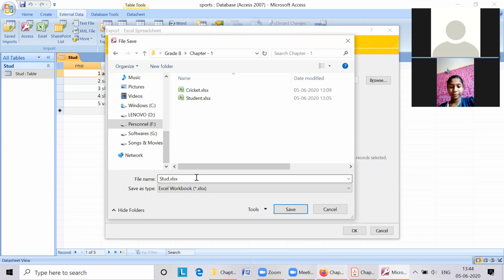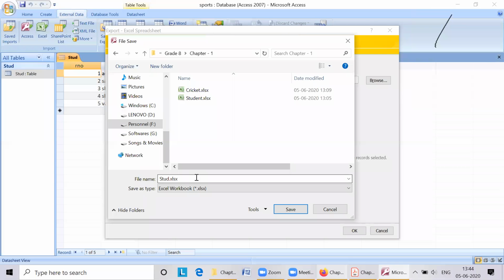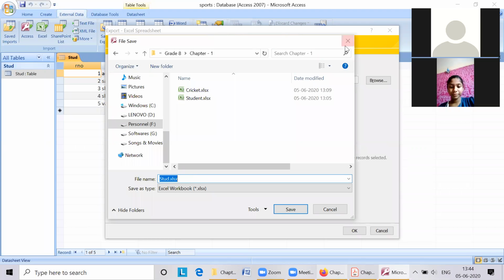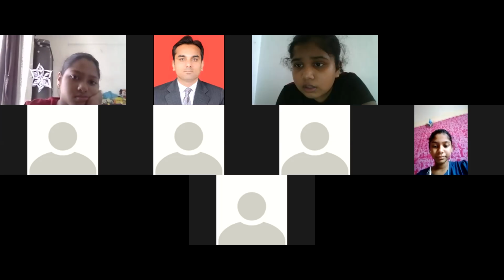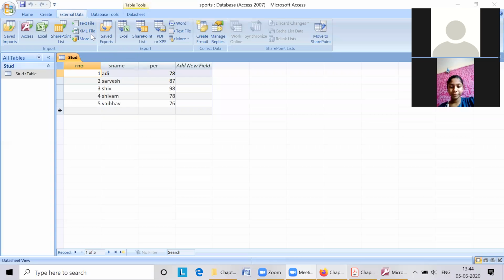Okay. So now we are doing how to import and export data from the Access. When we search data, that is more beneficial in Access than Excel. Now suppose I am exporting. See how I had done it.